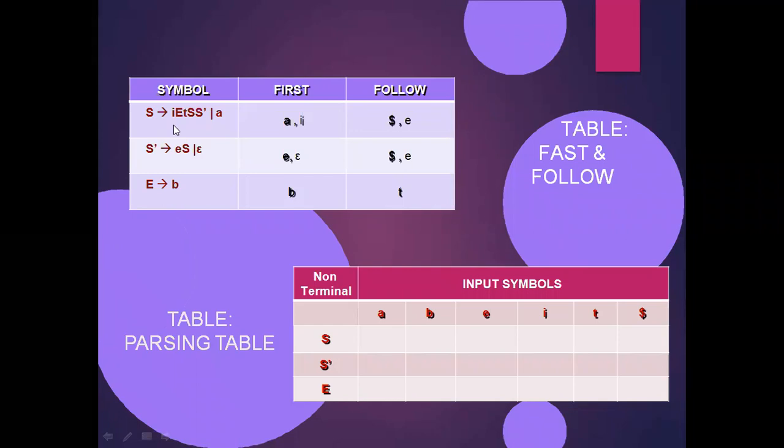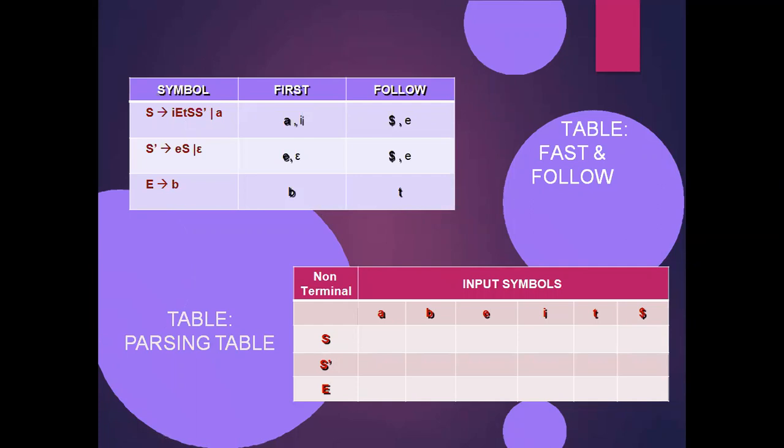Now I am applying the rule follow of A is equal to follow of B, because I need a dollar at each and every variable. So what is B here, what is A? Yes, right? That means t union dollar comma e. Then finally the output of the follow function of E is t comma e comma dollar. Make a note here, there was a mistake. t comma e comma dollar is the output of E. Is the first and follow function clear now?